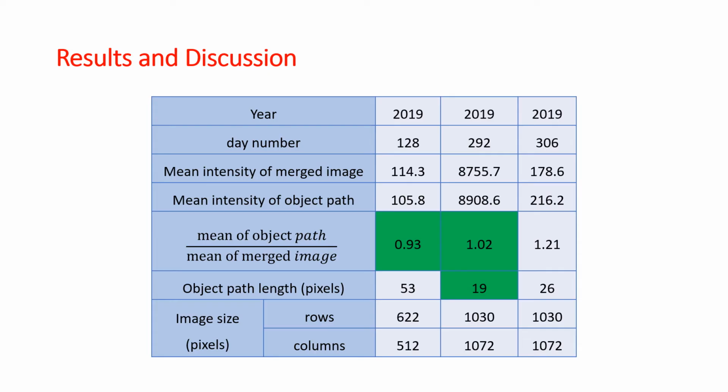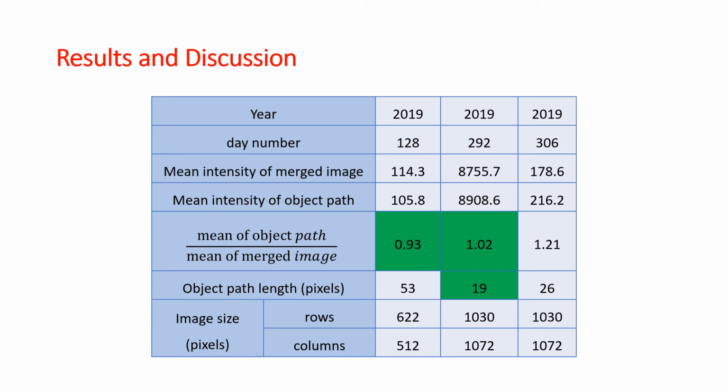In this table, some statistics of 3 datasets are given. These values are extracted from UN16 FITS images after they are cleaned. The proposed solution is able to detect dim moving objects. The table shows how the mean intensity of the trajectories are close to the mean intensity of their backgrounds. For example, the result for the day 292nd of 2019 shows that the object path can even be detected in cases that the mean intensity of the path has a difference of just 2% with the mean intensity of the